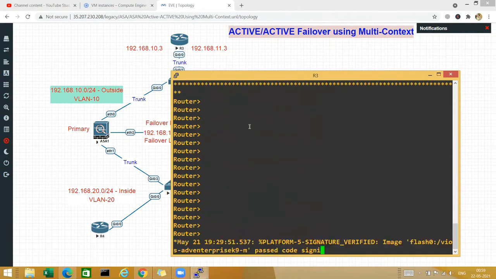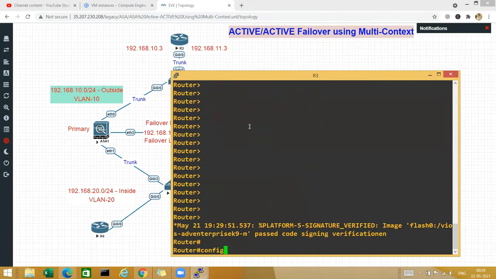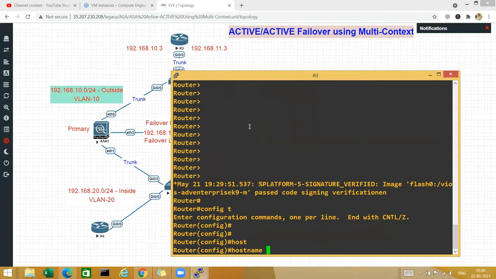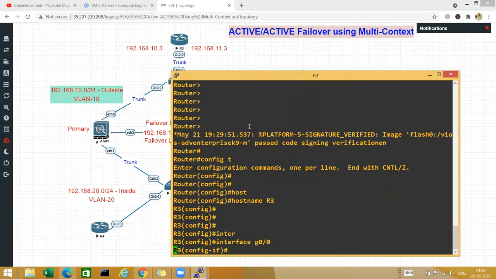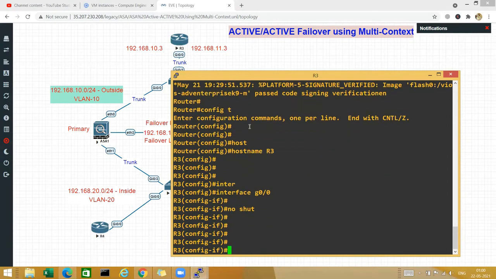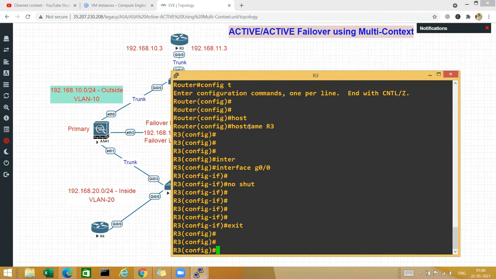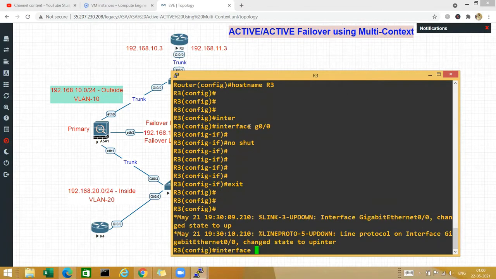Okay, now it's done. Enable, config T. Change the host name R3. Now you go to the interface. I'm also inside of configuration mode, interface 0/0, and say no shut. And then you exit out of that interface, and then you go to the interface gig